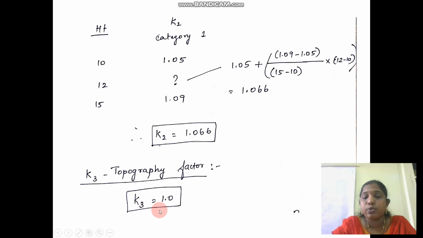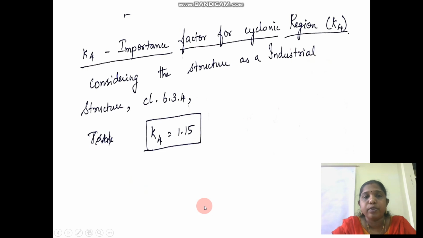Then K3 is your topography factor. If you refer to the class, it comes around 1. Then K4 is your importance factor for the cyclonic region. So as per clause 6.3.4, the structure is